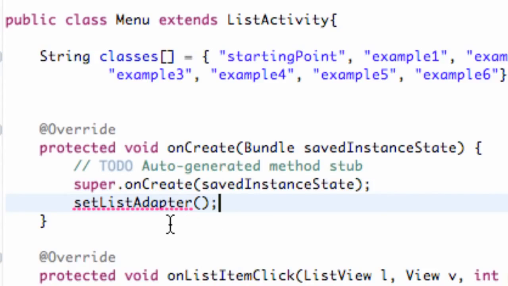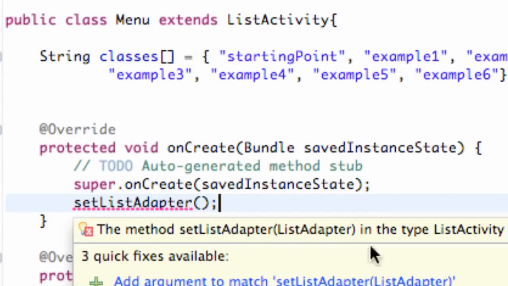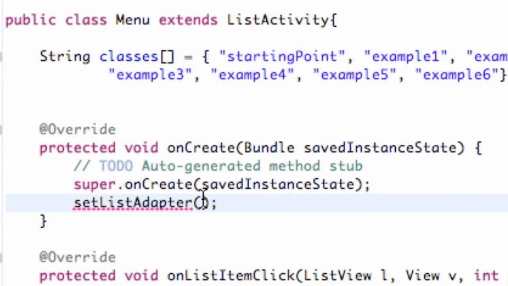So what we're going to say is setListAdapter. Like I said, this takes an array adapter or a list adapter within the parameters right here. As you can see, it takes a list adapter, but we're going to create an array adapter, which will take some kind of parameters or attributes and adapt them into a list adapter, if that makes sense. And since we're using an array, we're going to use an array adapter. I thought I'd give you an idea of what we're doing instead of leaving you completely lost as we're creating this. So we're going to say new ArrayAdapter,